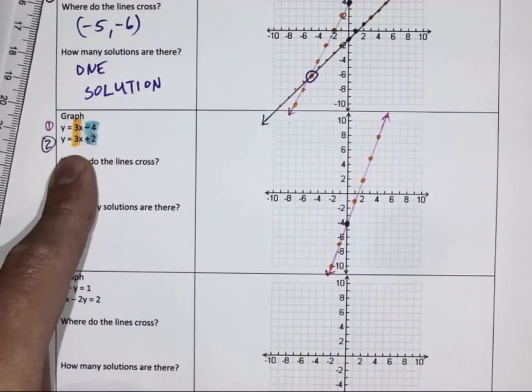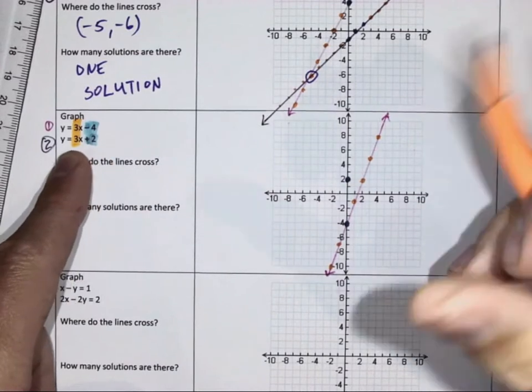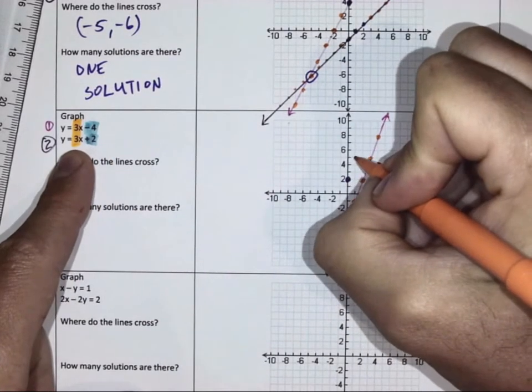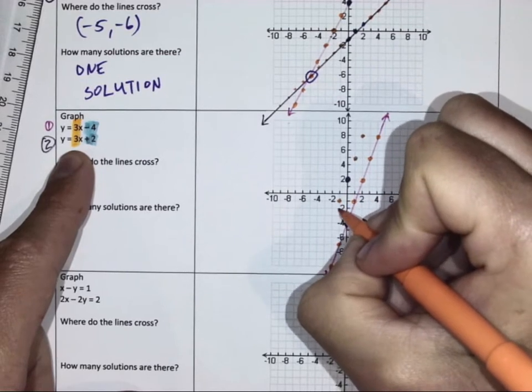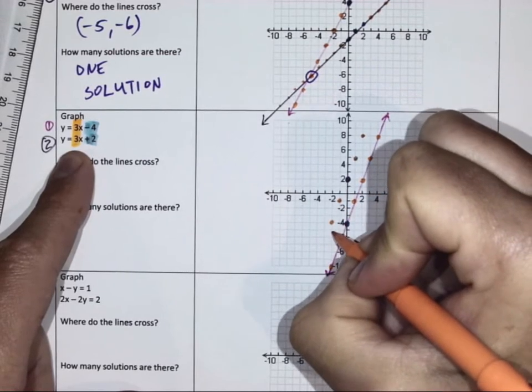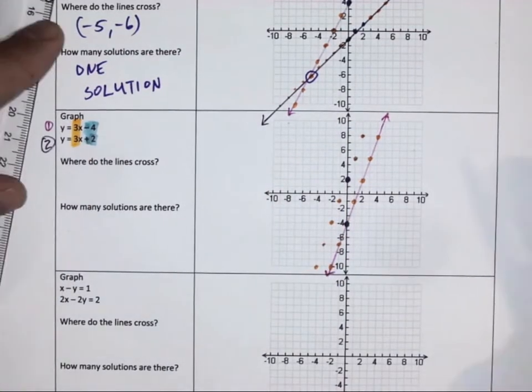For equation 2, we do the exact same thing. We got y-intercept of 2. Slope of 3, up 3 over 1, up 3 over 1. Down 3 to the left 1, 1, 2, 3 to the left 1, put a point, 1, 2, 3 to the left 1. When we draw that line,